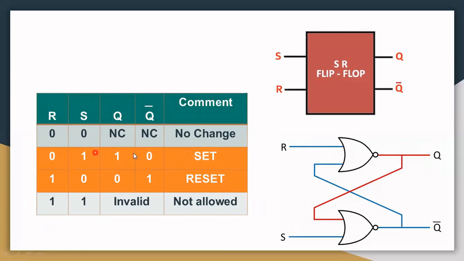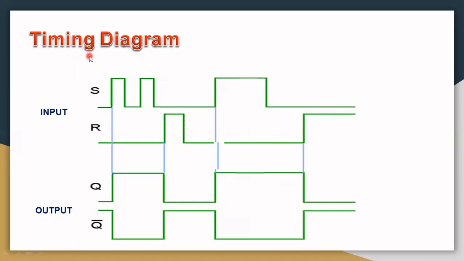So we are concentrating on these two states because we have to store 1 and 0, as our primary aim is to store bits. Let me explain the timing diagram of the SR flip-flop, in which the inputs are S and R, and the outputs are Q and Q dash. Suppose along the x-axis we have T. So at a particular T, when S goes high, suddenly output Q goes to high state and Q dash goes to low state.